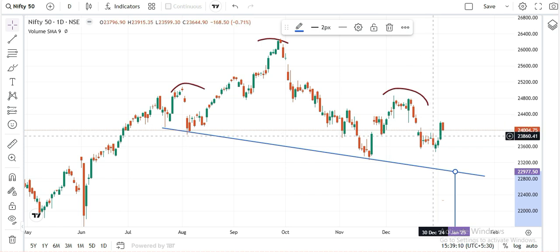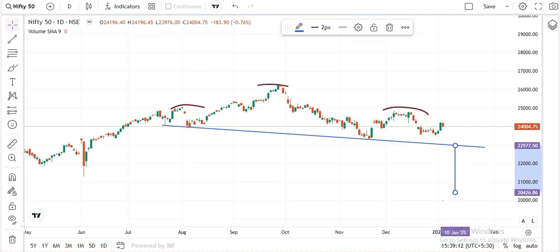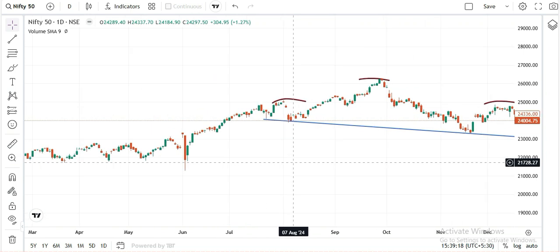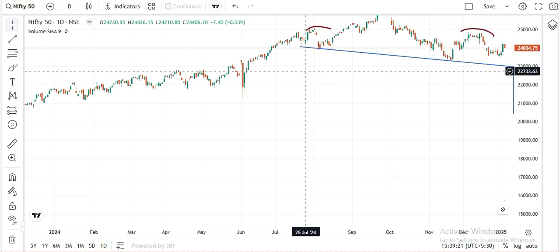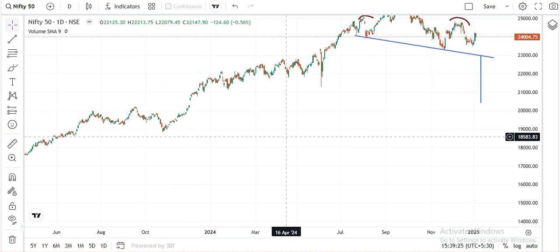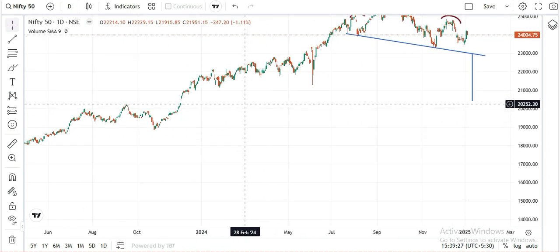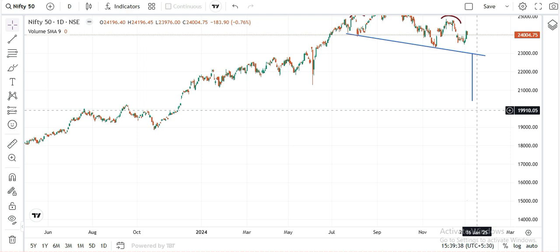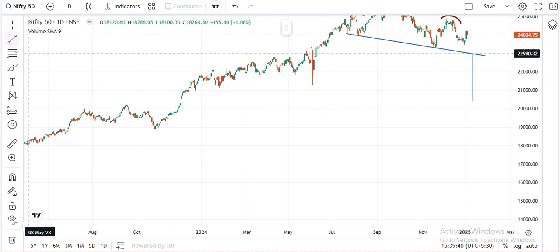If the head and shoulder confirms, then you can expect this market to come up to this level. If you check what is this level range, and this the support. This is the resistance which Nifty formed in this 2023 September. You can expect Nifty to touch those level, that is around 20,000 level,